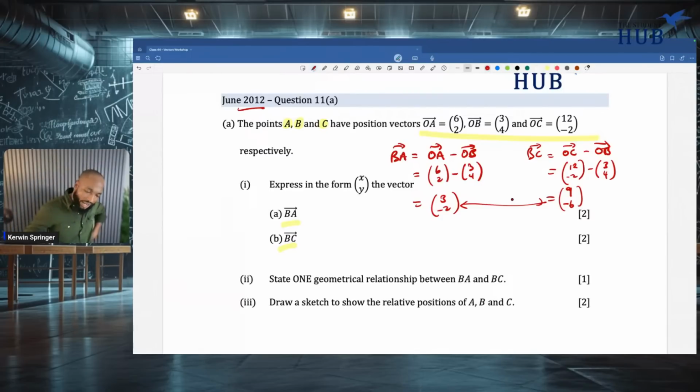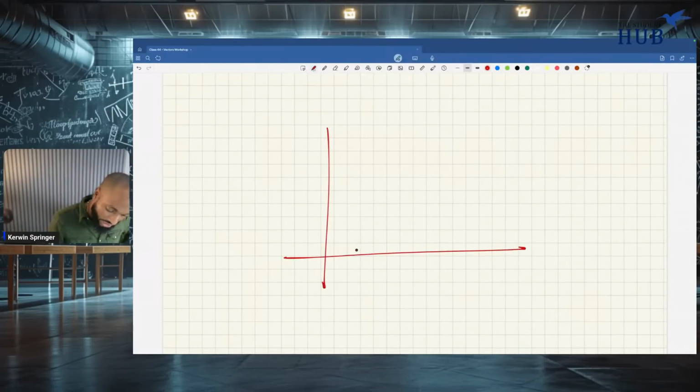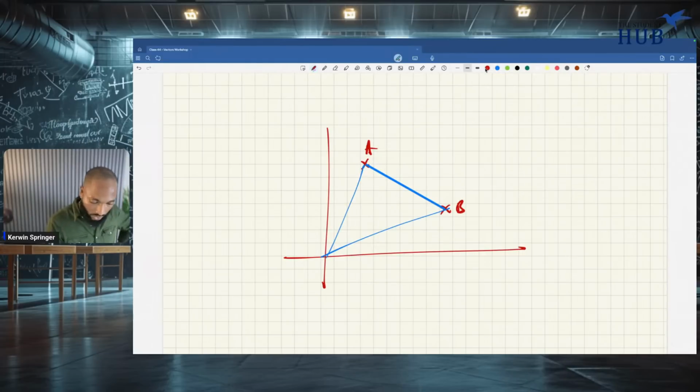So somebody asks, why are you not adding? Why do you have this subtract sign here? That's how the triangle law works. There's a deeper reason for that, and I'll tell you to go and check it out. The triangle law relates position vectors to displacement vectors. So if I have AB and I'm trying to get AB, but I don't know what it is, but I know what OA is and OB is,